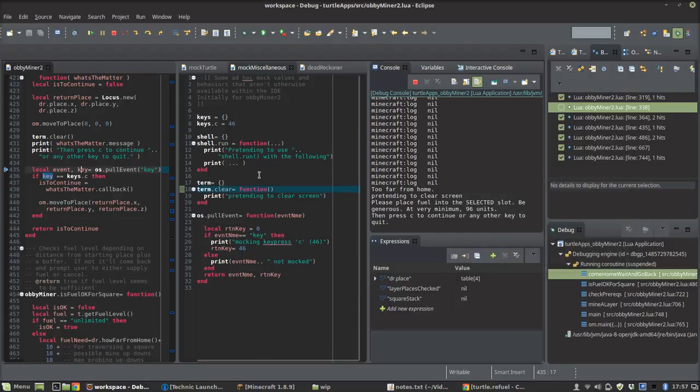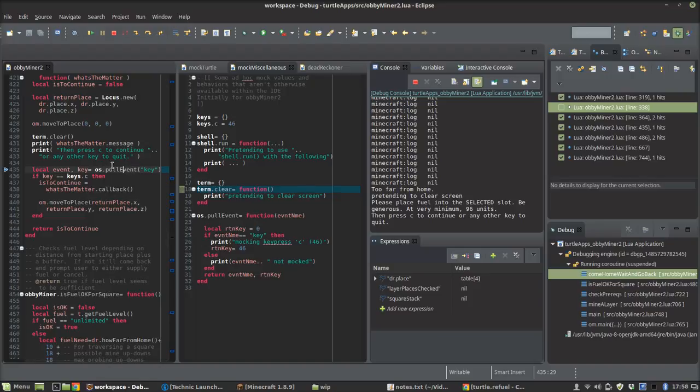And here we are continuing this series of testing. This is in the middle of a run during a debug session, and I want to show you this to demonstrate a little deeper about this brain in a jar idea, where the cursor has stopped, where I have made the program pause, is at this line where it's going to pull an event key. What this would do in real life is it